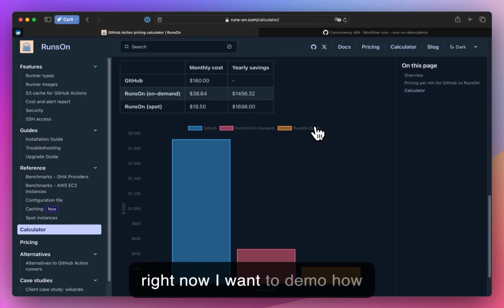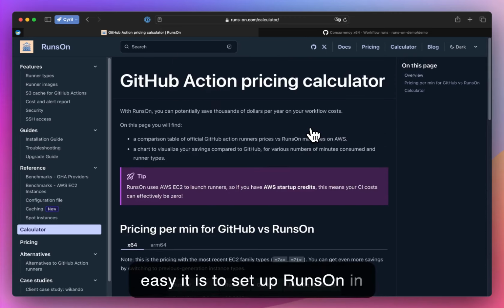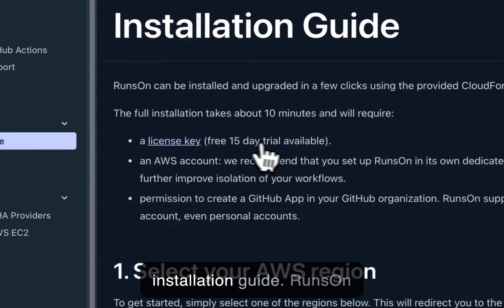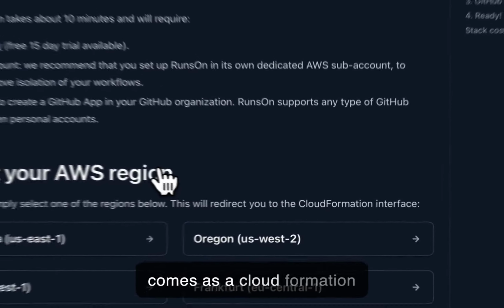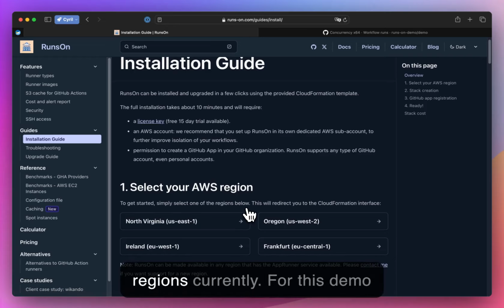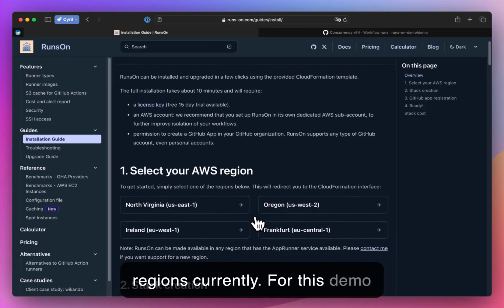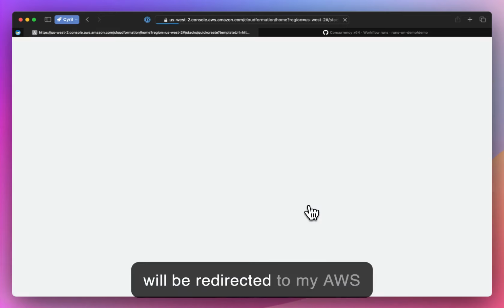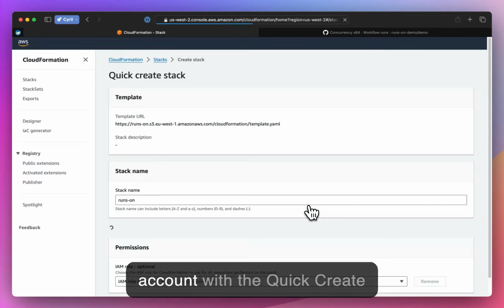But right now I want to demo how easy it is to set up RunsOn in your own AWS account. And to do that, I will just go on the installation guide. RunsOn comes as a CloudFormation template that you will need to set up in your AWS account. And for this, you can choose between 4 regions currently. And for this demo, let's say we want to host it in US West 2. So I just click here and I will be redirected to my AWS account